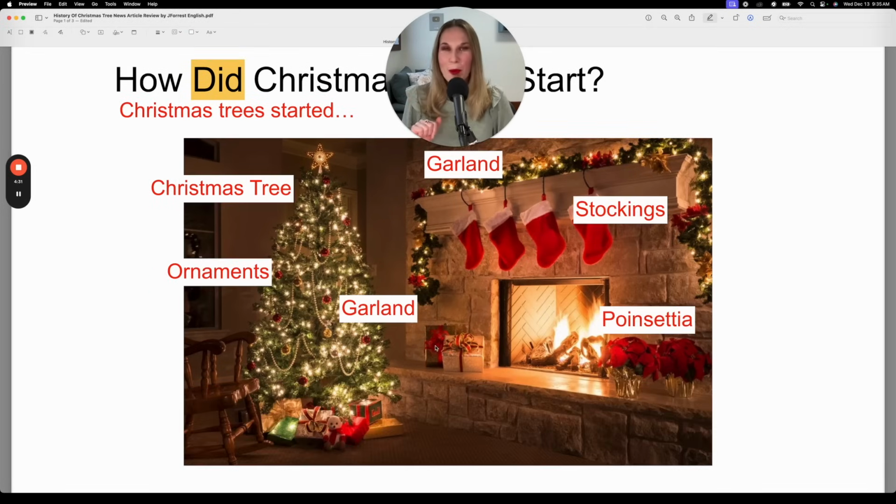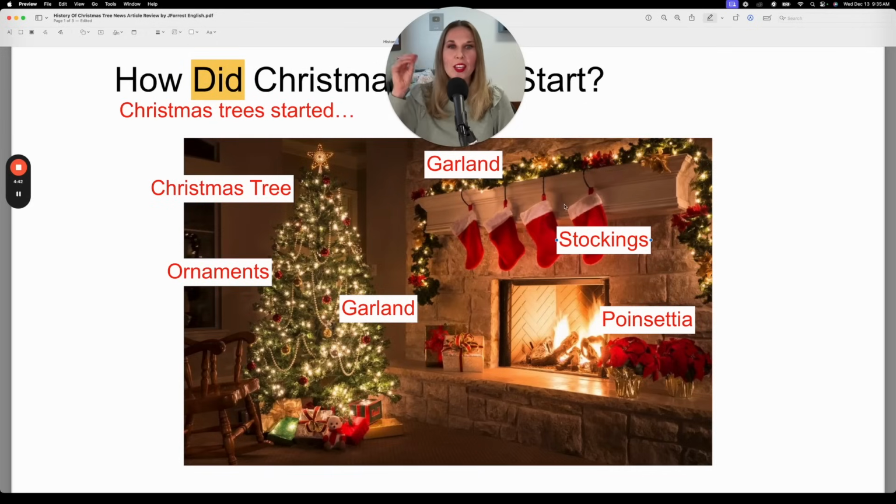Before we learn about the tradition of the Christmas tree, let me review some common Christmas vocabulary. So let's start with stockings. That's what you see hanging here. And you put out your stocking and then you fill it with small presents, chocolates, even some fruit as well, and then you open it on Christmas Eve or Christmas Day. If you have a fireplace, you would hang your stockings above the fireplace. If you don't have a fireplace, then you can put them anywhere, or you can even put them under the